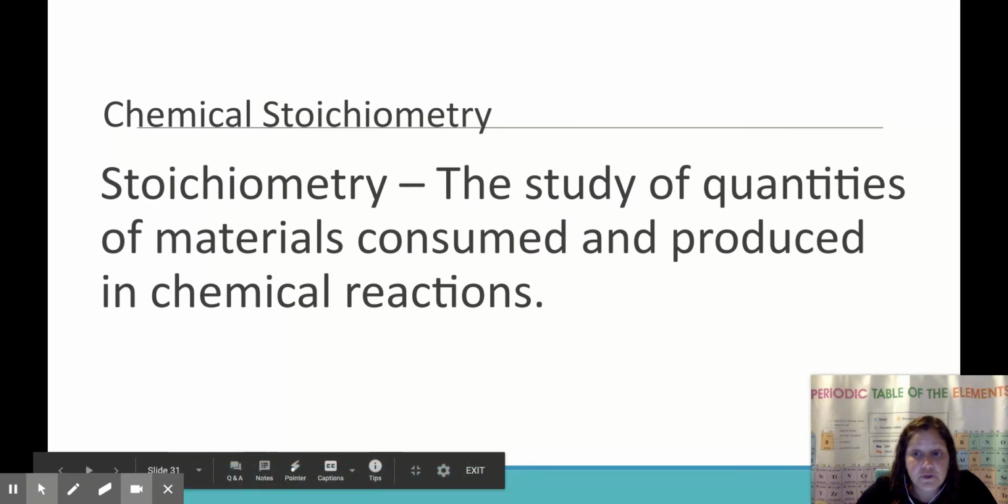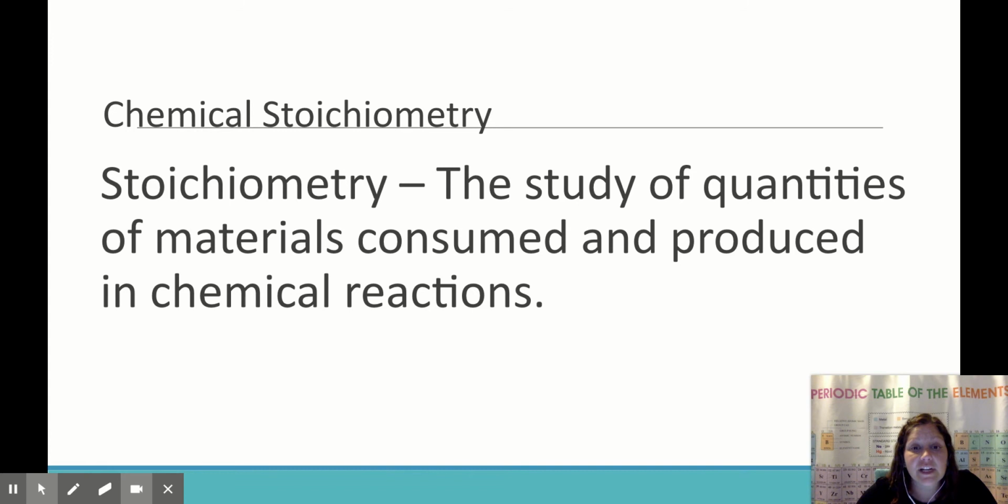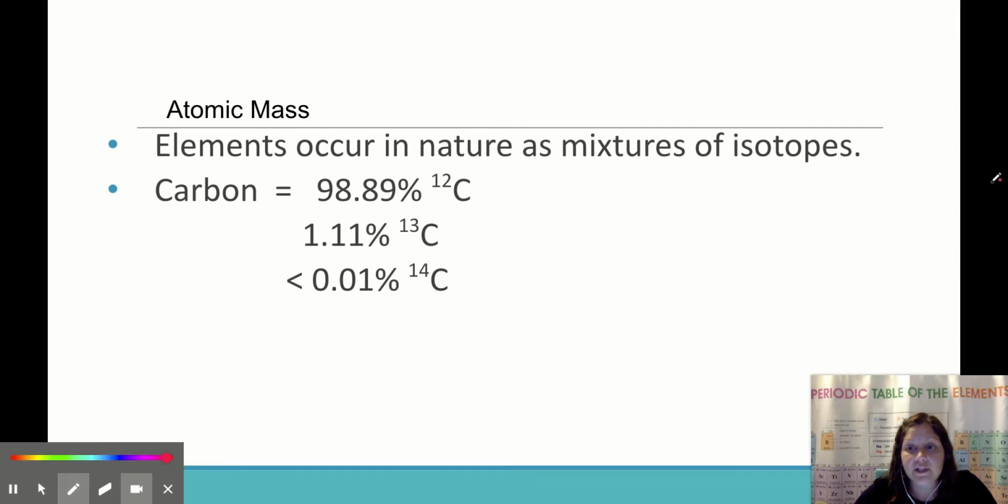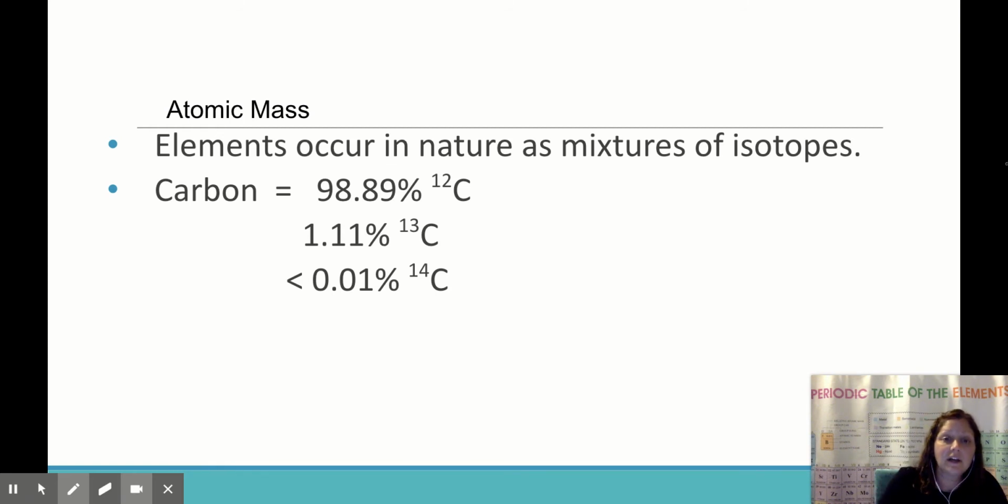So the start of Chapter 3 tells us that chemical stoichiometry is the study of quantities of material consumed and produced in chemical reactions. We're not going to focus on that in this video, but instead, we are going to focus on atomic mass. For example, elements occur in nature as mixtures of isotopes. If we talk about carbon, carbon is 98.99% carbon-12, 1.11% carbon-13, and less than 1/100th of a percent of